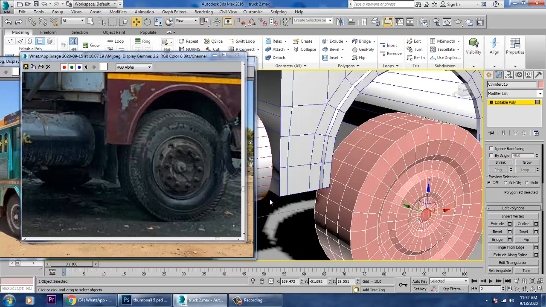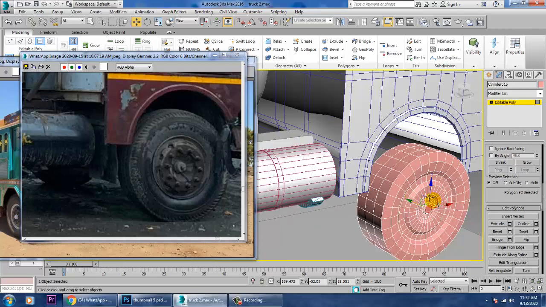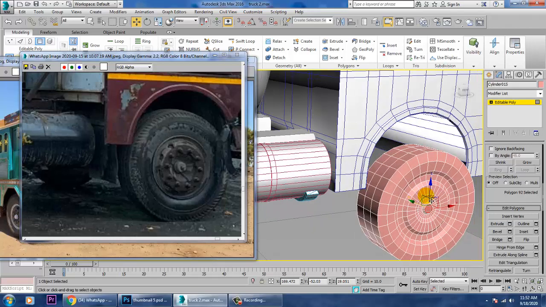So now we have just generated this for this tire.